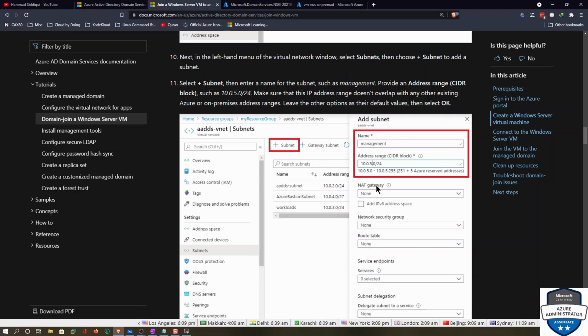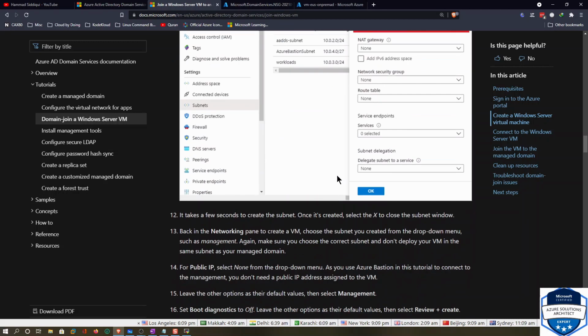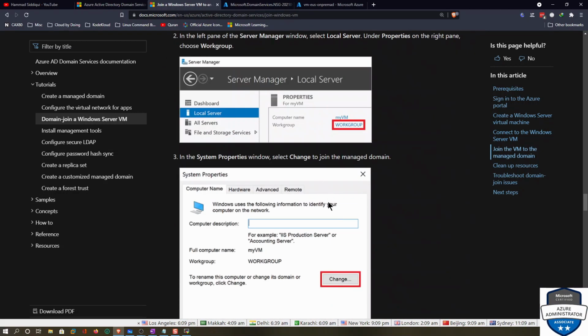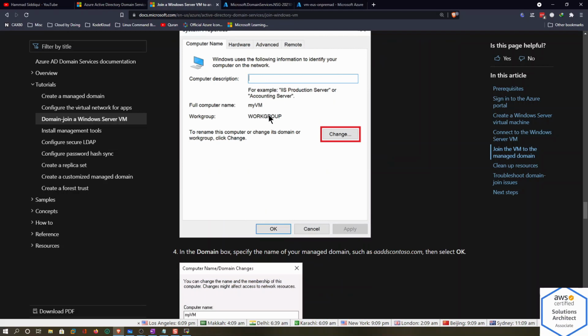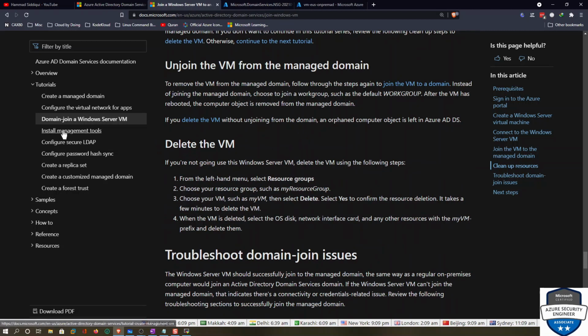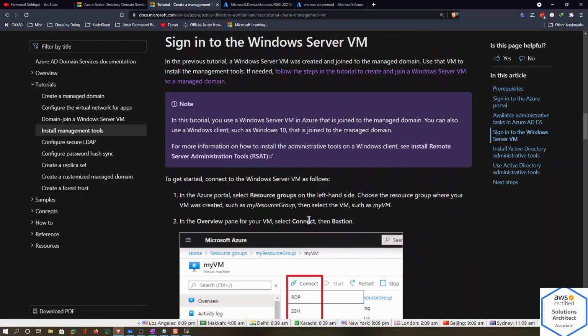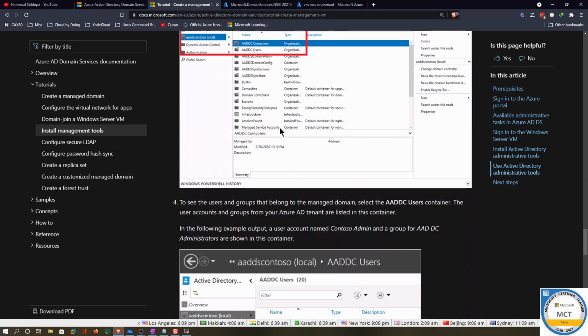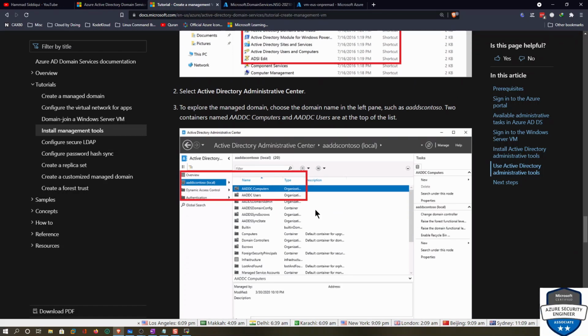Once that is done, that machine is actually a remote management tool. You can have a Bastion host to connect, but we'll just log into that VM and then download a remote management tool. This is what it's showing up as. We'll change the domain, and then the next step is we'll install a management tool to manage that domain controller. So we'll go to that server and install the Active Directory administrative tool, and then we'll make sure we log into that administrative tool,